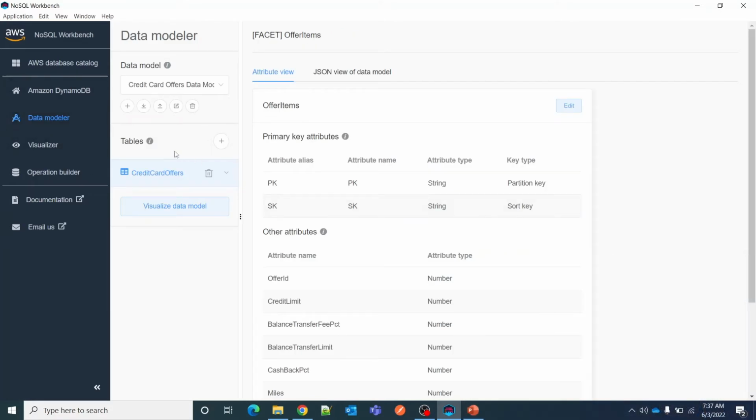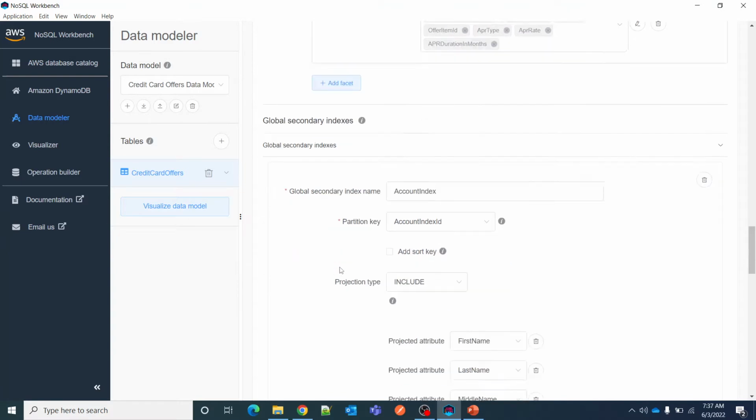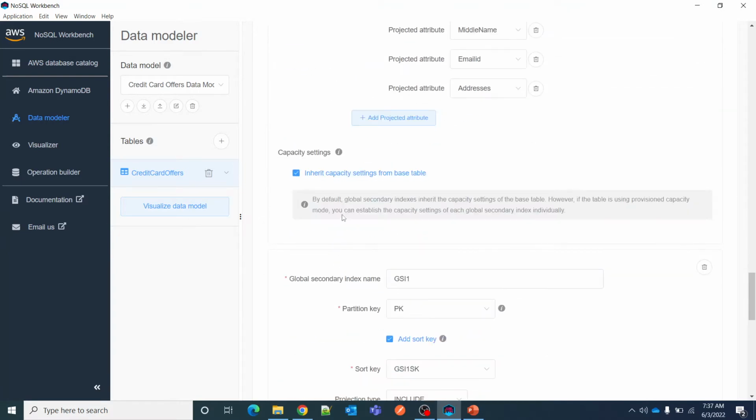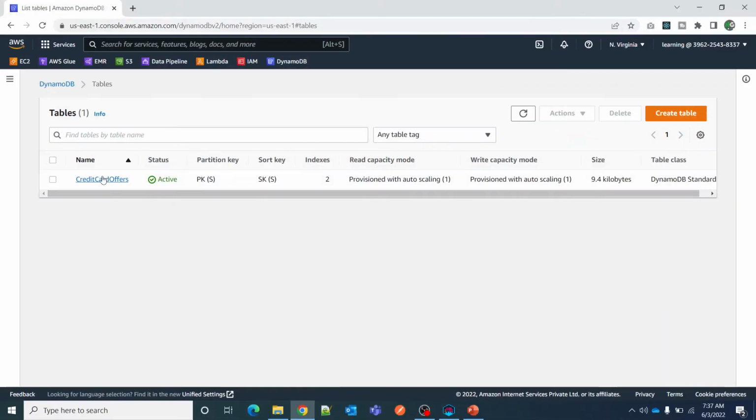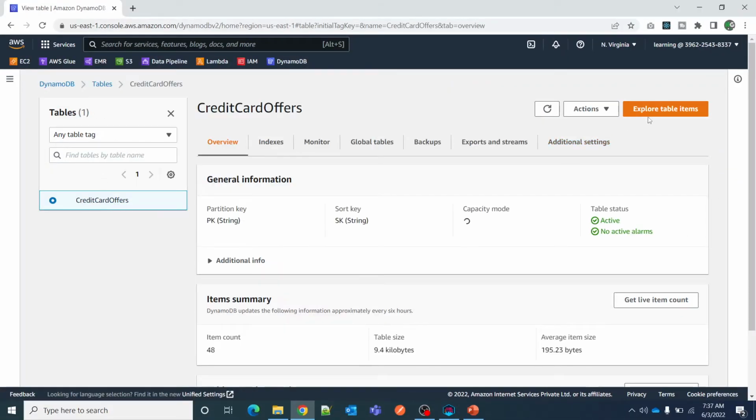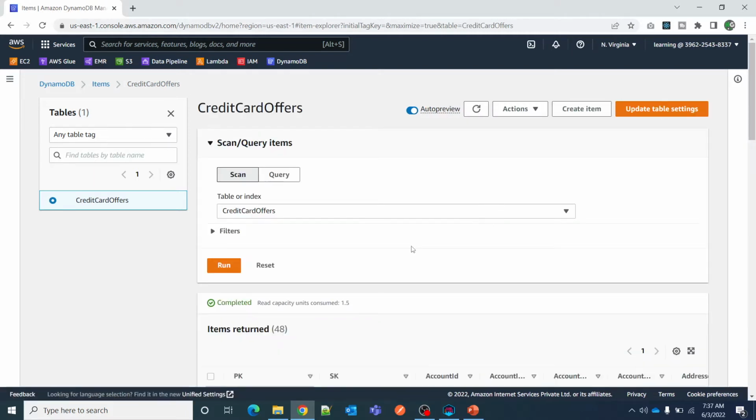If I come here and select this data model and click on edit, I will get an option to add new attributes or create GSIs. But for now I am switching to the AWS DynamoDB console. If you see, the table is already present here. There are some rows present here also. If I click on explore table items,